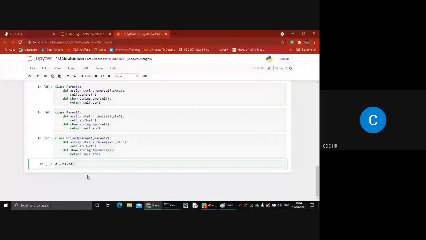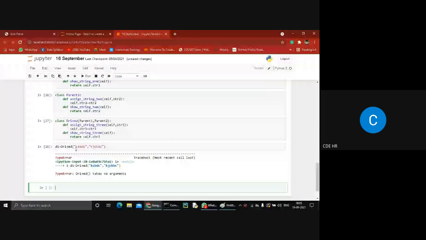Just repeat again: assign string and self string, like this. Right or not? Okay, let's see.